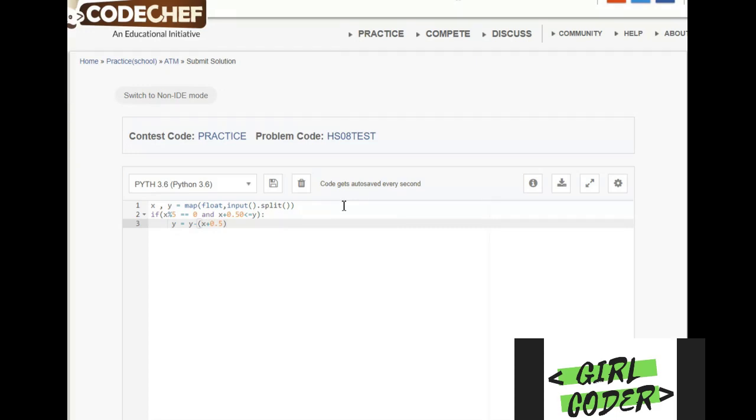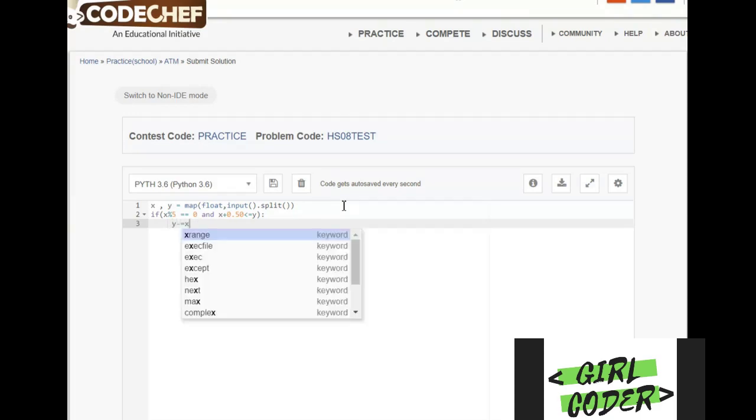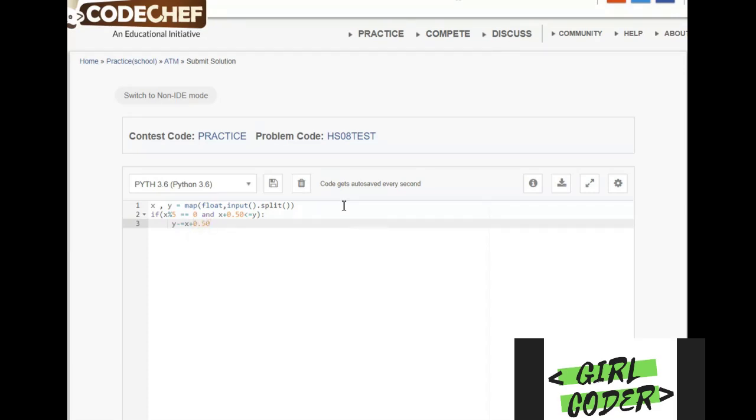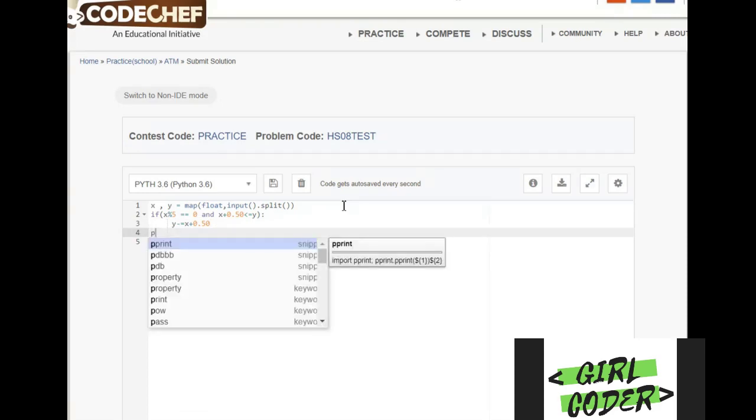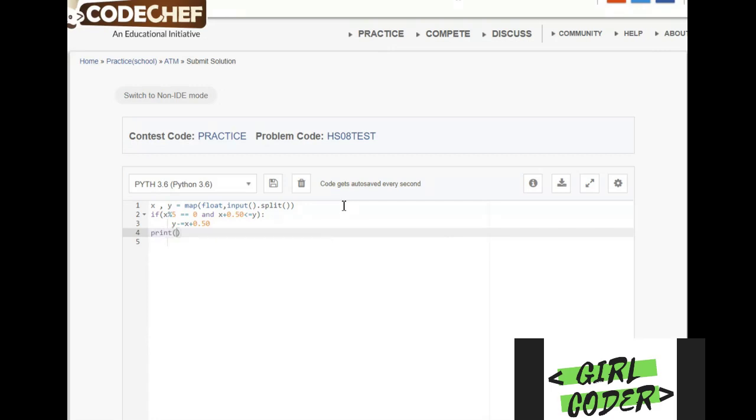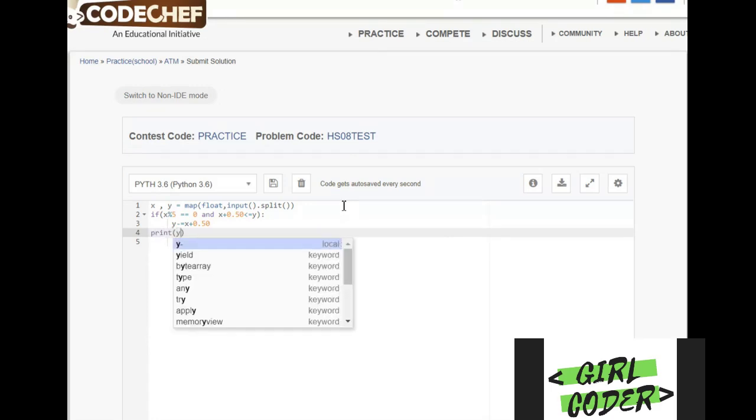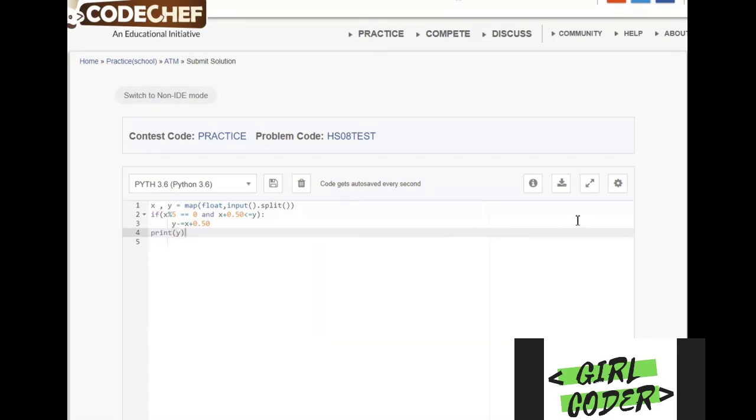You can also make it simple like Y minus equals X plus 0.5, which is also the same as Y equals Y minus X plus 0.5. After this is done, we will come out of the if condition, and then we will print Y as output. Okay, the code is done.